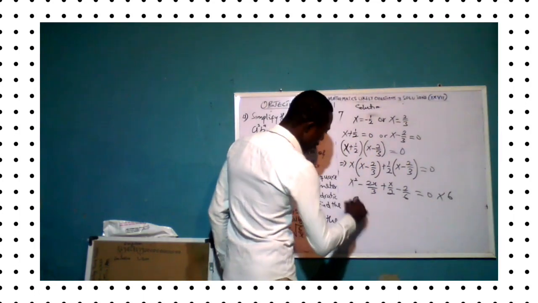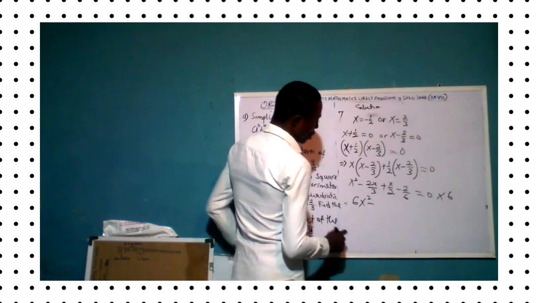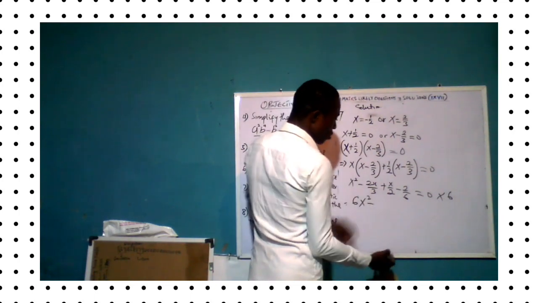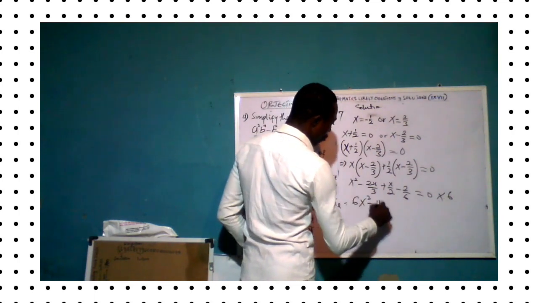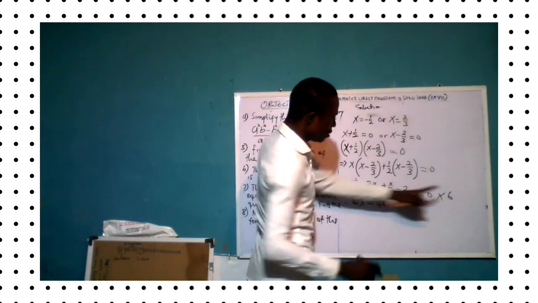Okay, and if you do that, that will give you 6x squared, minus 3 divided by 6, that will give you what? 2. And 2 times 2x, that will give you 4x. Then you have 2 and